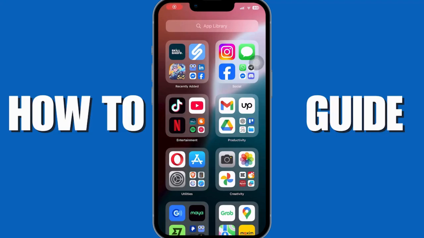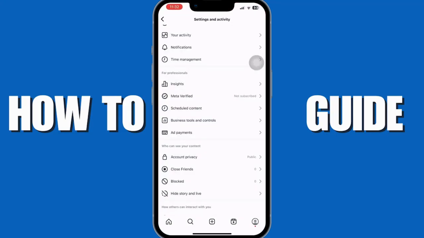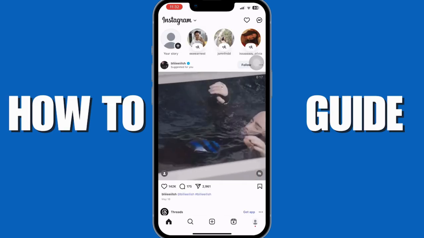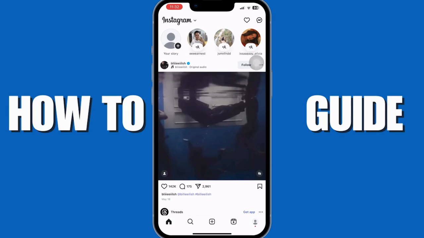In today's video, I will guide you on how you would be able to make a carousel post on Instagram. So let's get started. Now, once you're here on your Instagram, logged into your app, what you need